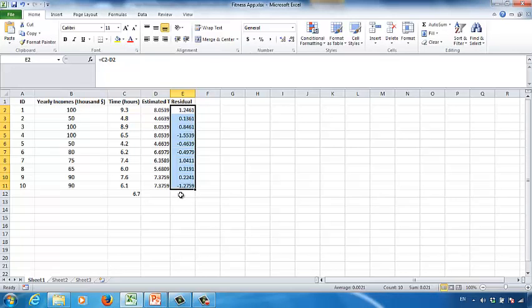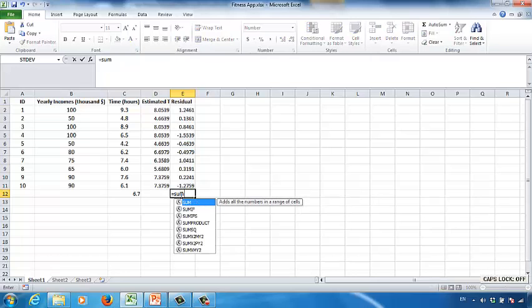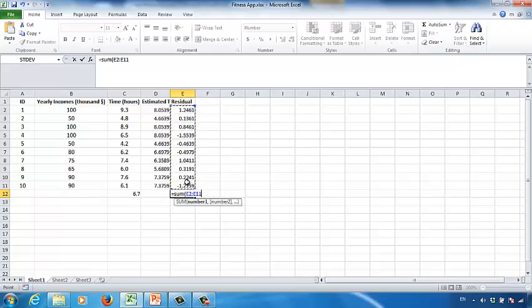So in cell E12, I type in equal sign SUM, and then left parentheses, and then select the data range, and then the right parentheses, and then press enter. You will get the sum of the residuals is 0. It's very interesting, right? Second, because residuals represent the errors we incurred during the estimation process, so when Excel estimates